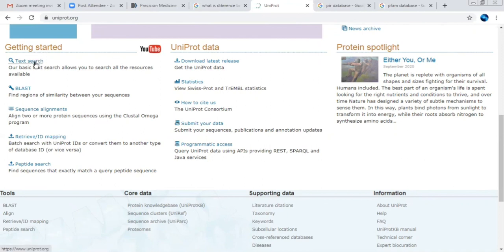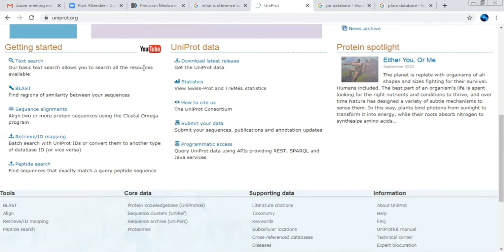So you can provide any text search, based on your research or your interested work. And you can see BLAST. It will also give you the BLAST algorithm, which has been linked over here. It will directly go and link, and it will show you the BLAST for the sequence alignment. And there are certain IDs which have been mapped, that is the UniProt ID or the peptide search. How we can do that, I will show you now.